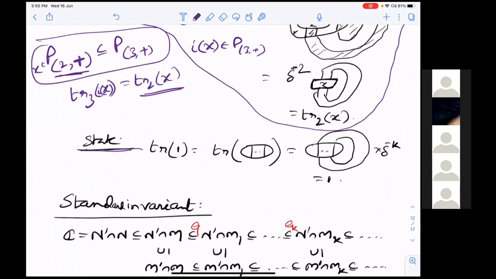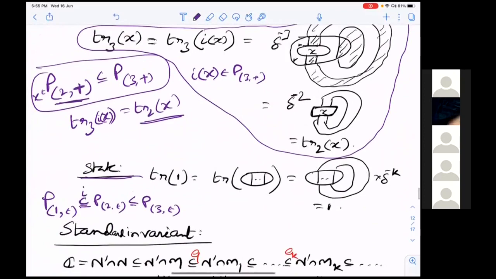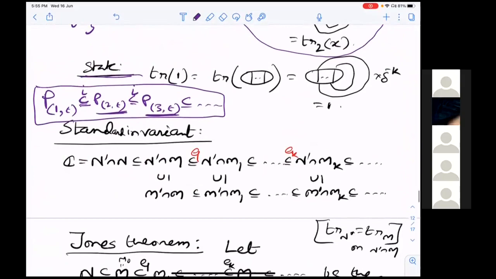So what is the model of the thing? I have this map P_1^ε subset P_2^ε subset P_3^ε. We have this inclusion with respect to this iota by this inclusion triangle. Because these are injective, we can call it an inclusion. So we will get such a tower, and the traces on each of the finite dimensional C-star algebras are compatible. These are called subfactor planar algebras, a very good class of planar algebras. Now let us come back to subfactors.